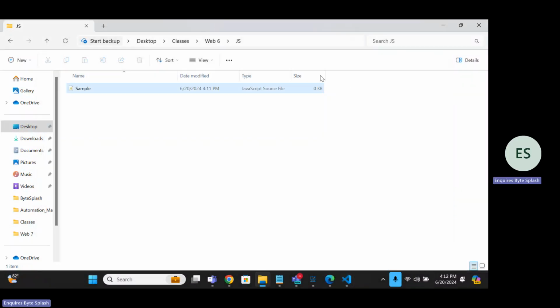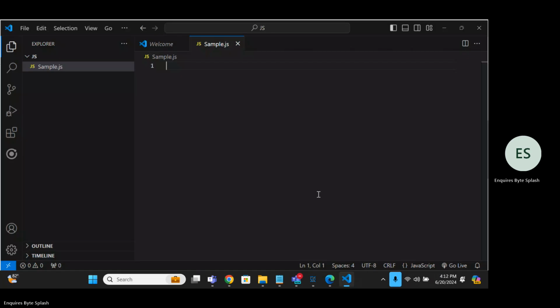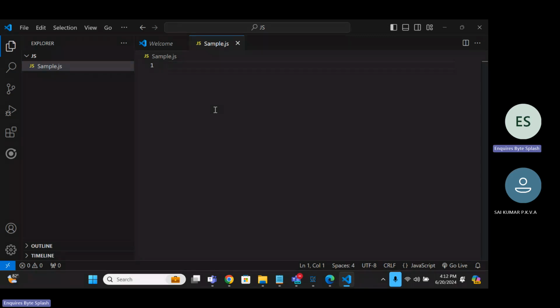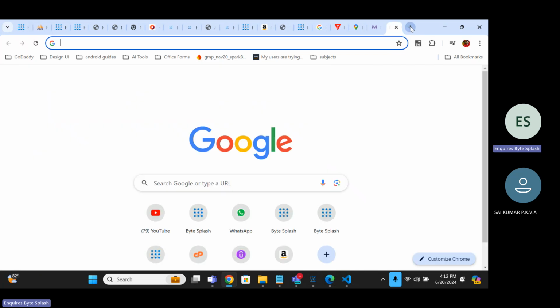So we'll continue from here, JavaScript. Like Python and Java, we can configure JavaScript also using Node.js. Actually, we don't need to configure JavaScript if we are attaching it with HTML. If you are attaching with HTML, the browser can analyze JavaScript. You know that. But if you want to run JavaScript standalone, then you need to install Node.js, which is